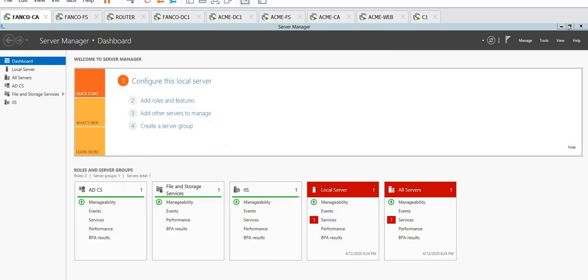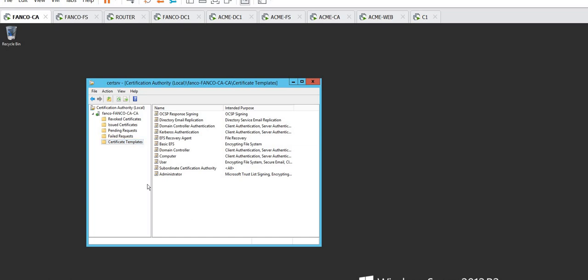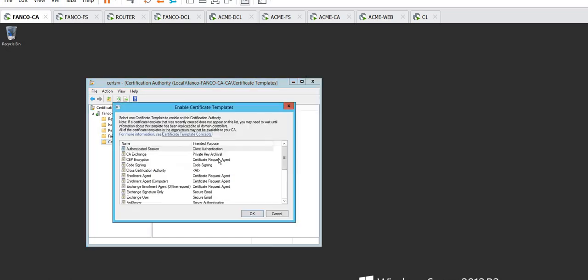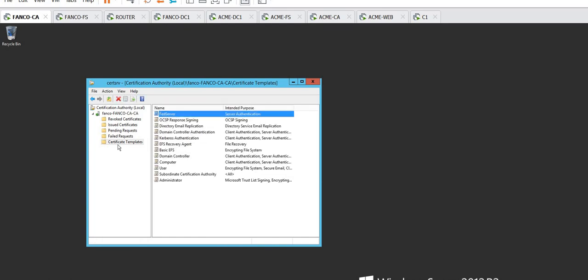So we can close out the certificate templates. And now, once it loads, we can go to new certificate template to issue. And then once that loads, we should be able to add our Fed server template to the list there. So you'll see Fed server under certificate templates. So the next thing we want to do is go over to Fanco FS,